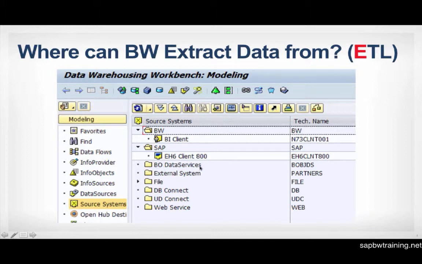Business objects, data services, other external systems. So if you're running an older version of Oracle or some other third-party vendor that has this particular niche software, they can provide BW with a driver that would allow you to connect to their particular application. Because out of the box, SAP has no idea what those applications potentially could be. So the vendor, more often than not, will provide you with the drivers you'll need to connect to their particular